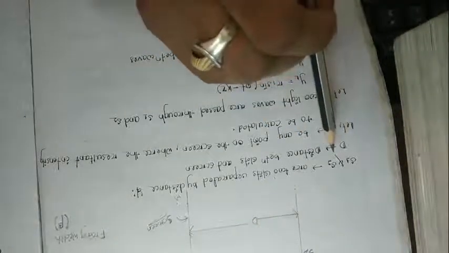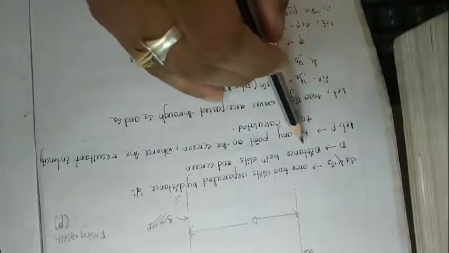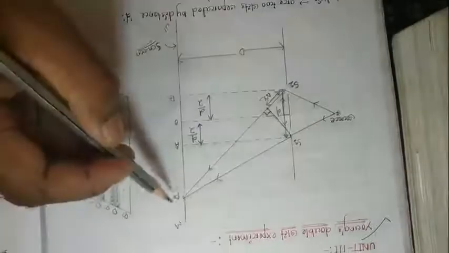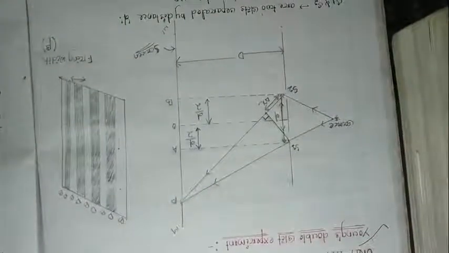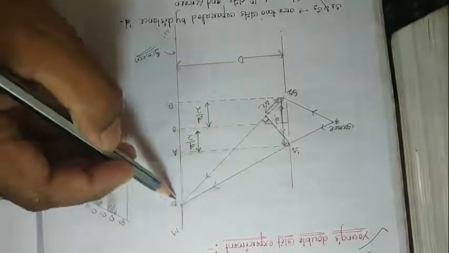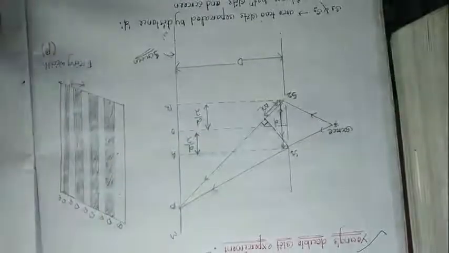Initially it has been written that S1 and S2 are two slits separated by a distance d. Capital D is the distance between the slits and the screen. Let P be any arbitrary point on the screen where we have to find out whether P is dark or bright.